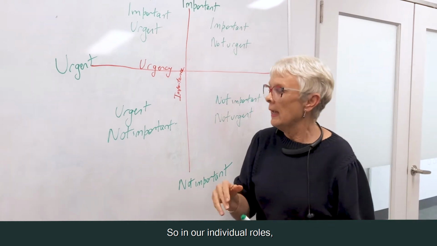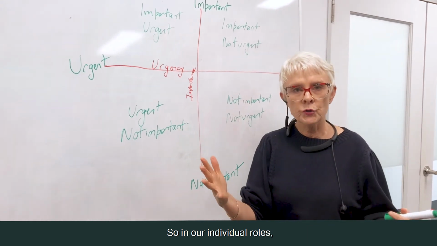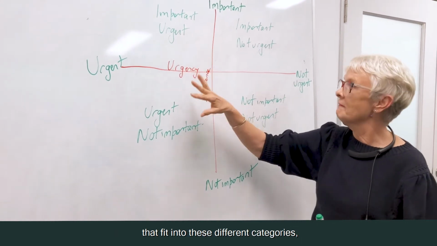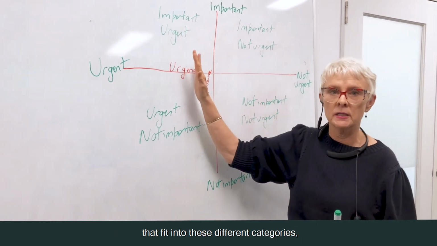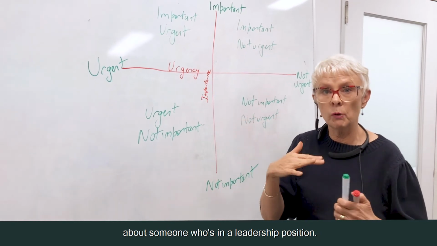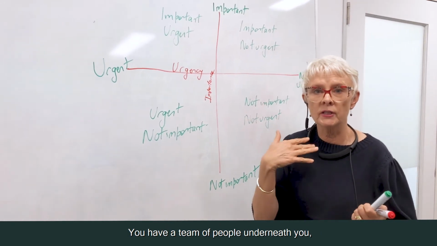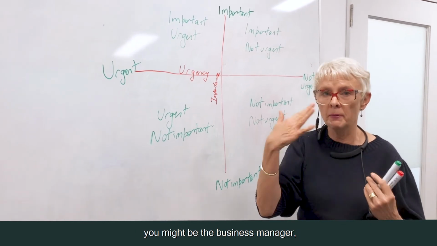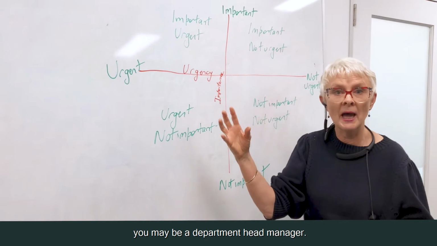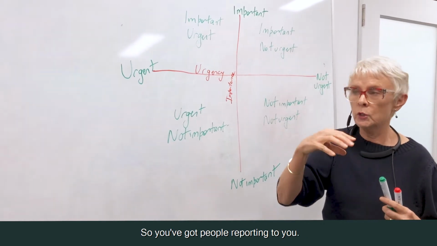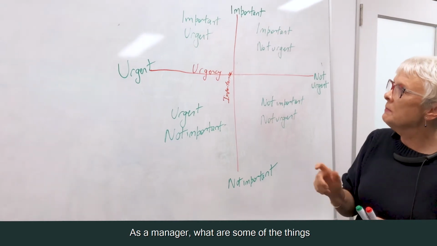So, in our individual roles, we need to determine what are some of the things that fit into these different categories. But let's make the assumption that we're talking about someone who's in a leadership position. You have a team of people underneath you. You might be the owner of the business. You might be the business manager. You may be a department head manager. So you've got people reporting to you. As a manager,